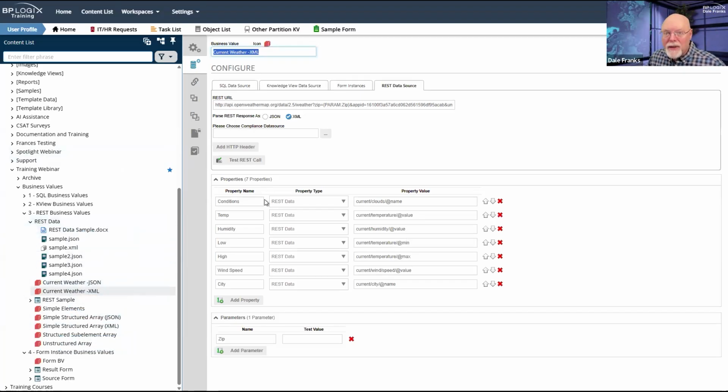But if the data comes back in XML, I have to use something called XPath to get to my data when that data returns. What I'm basically doing is following the path through the XML, right?